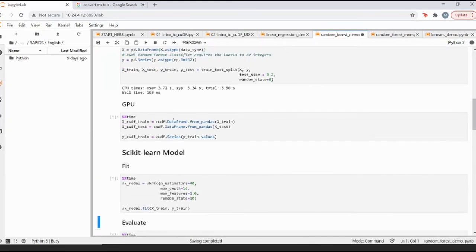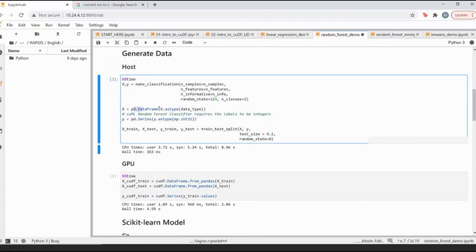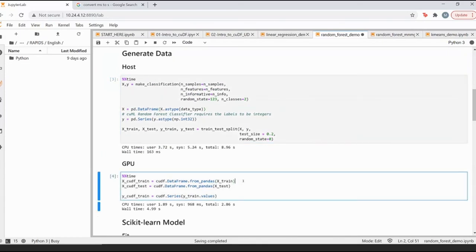And similarly, I'm now going to do it another way. Here I've started with pandas, and from pandas I'm taking it to cuDF. So what we are essentially doing is a CPU to GPU, sorry, rather I would say RAM to GPU memory copy, because we are creating a new data frame from the pandas data frame, which resides in the RAM. We could also call it a host to device memcpy. So we have done this.